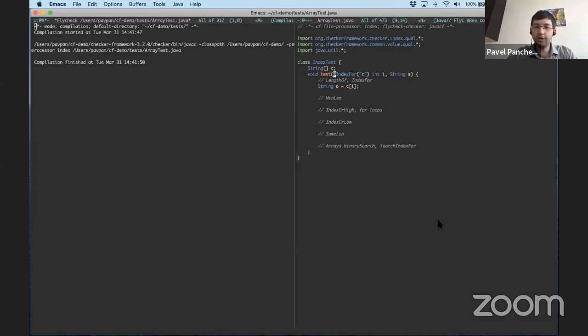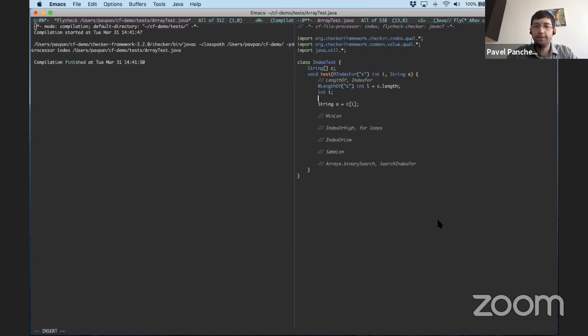But here, we haven't really established any way of establishing that condition. So first, let me show you one example of how you might establish it. I'm going to start by computing the length of C. When I compute the length of a value, it is annotated with this conditional length of.